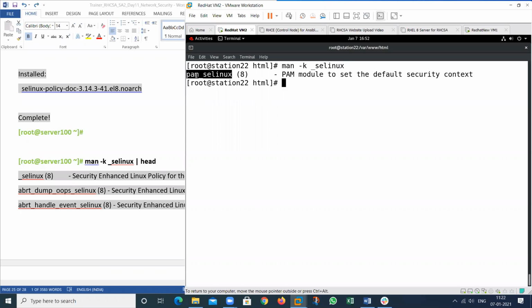It only shows just the pam_selinux entry. So at this time we have only one piece of information related to SE Linux, but I want to know more.